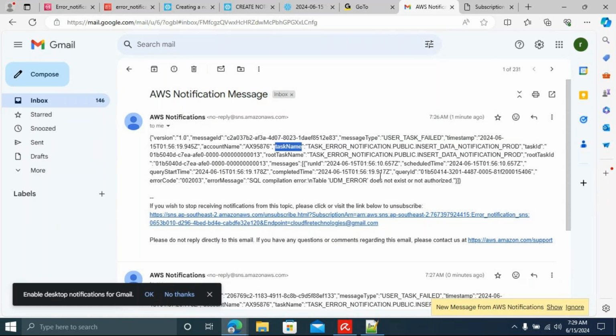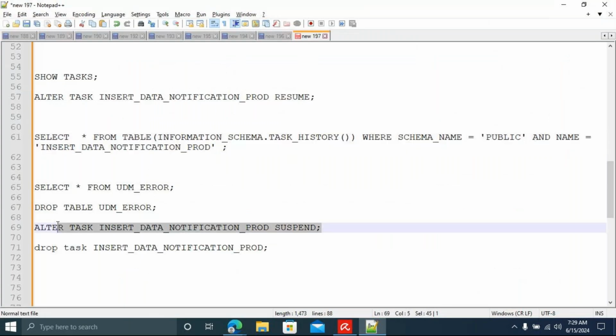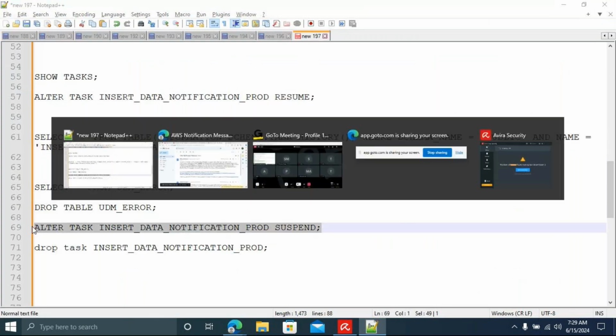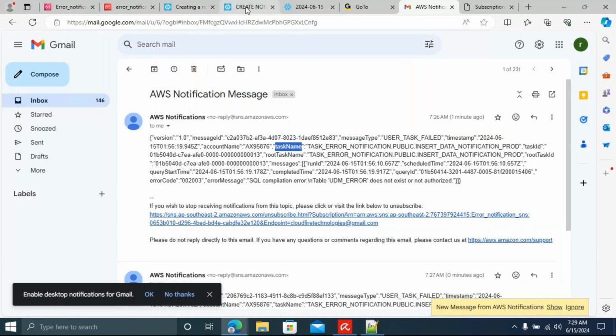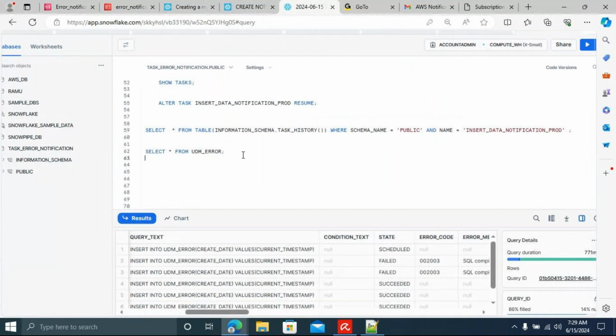Now, though this task is a very costly one, it keeps on executing, right? I want to suspend the task. For suspending, what's the command? Alter command, sir. Alter task name and then suspend.